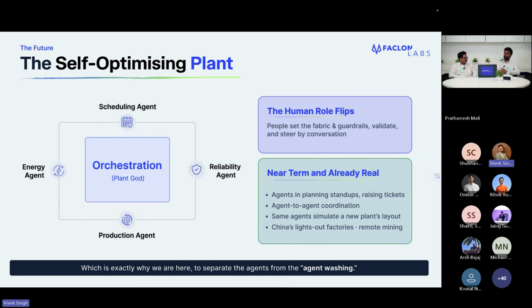Maybe first we start deploying agents that are specific to domain goals, and they start attending the plant's daily stand-ups. The production agent might be attending the production planning stand-up. The maintenance agent might be attending the maintenance stand-up. The quality agent might be attending the quality team's stand-ups. So all of these agents are just attending the meetings. They already have the data pipeline plumbing set up, and from these processes they are understanding the domain knowledge of that particular plant setup that they can gain.